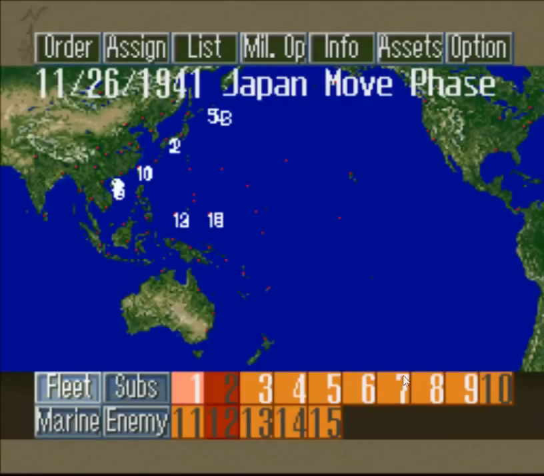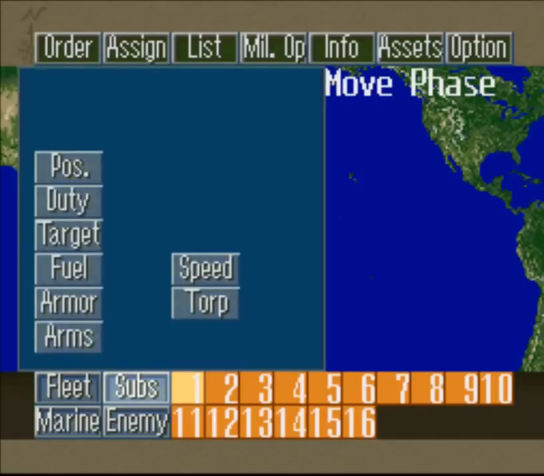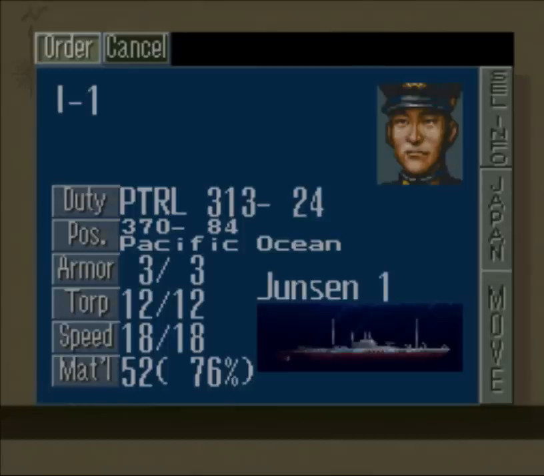Okay, so our fleets have all been given commands. You can see that the 10th through the 15th fleets have been given commands, so they are grayed out. They have resupplied in port, so they can't do anything more this turn. But let's move on to the subs. I know how you people like your submarines. Now, I already gave this one orders, because I thought I was recording when I wasn't. But this I-1 here has been ordered to patrol in the area of...